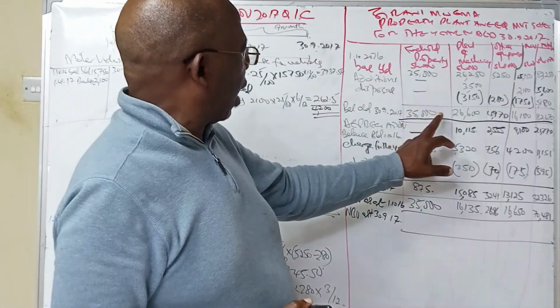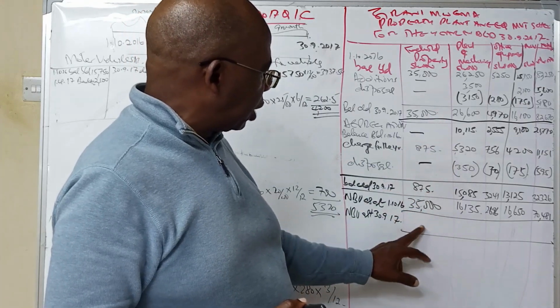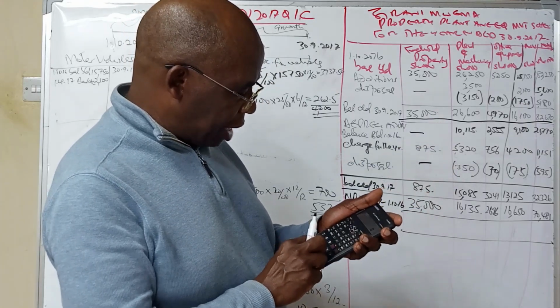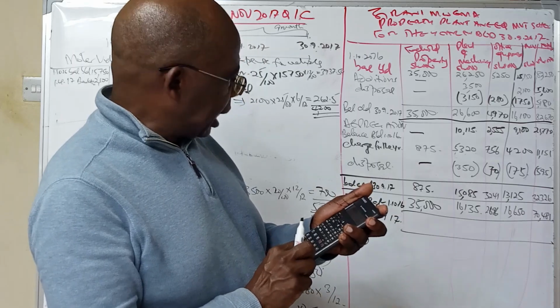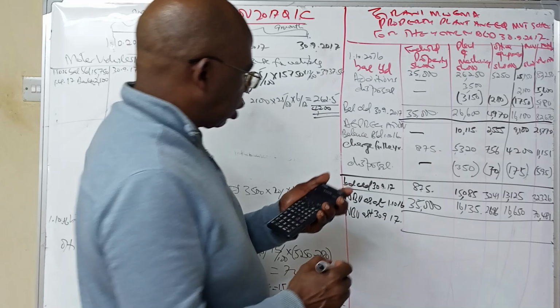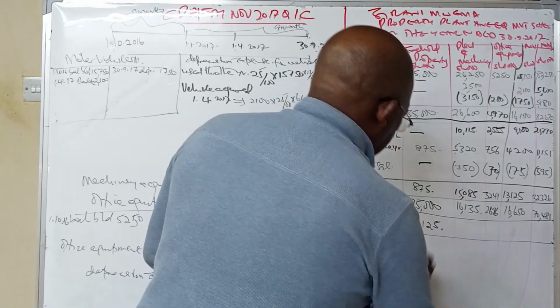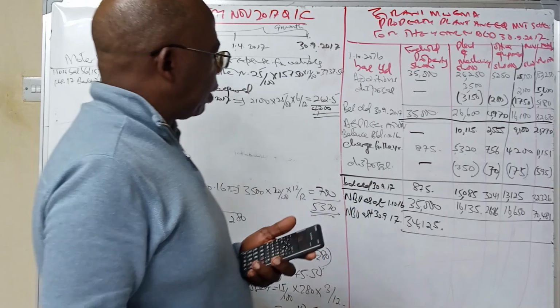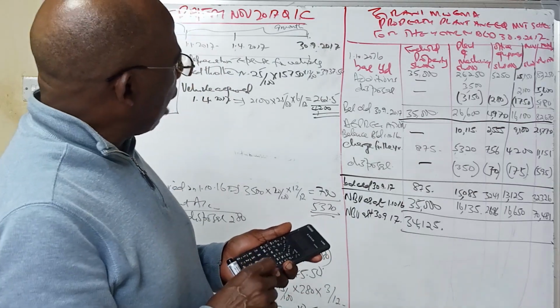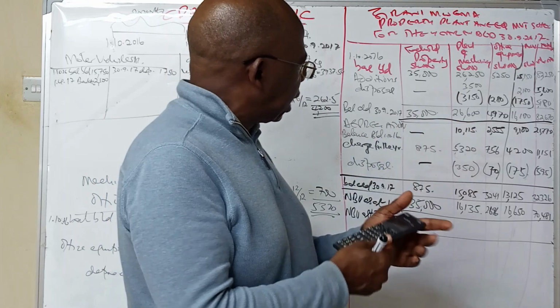The closing balance of the asset, 35,000, minus 875, we get 34,125. Now, for plant and machinery, the closing balance of the assets was 26,600,